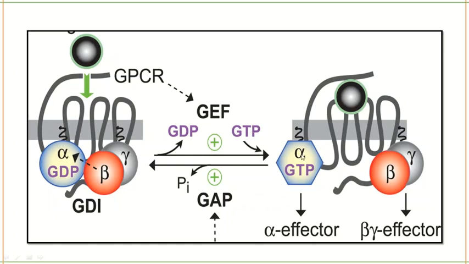Okay, when GTP is added to G alpha, what happens? It will dissociate from the beta and gamma subunits and it will go and activate several enzymes. After the work has been done, GTP has to be removed from this G alpha. That will be done by GTPase activating protein, which will hydrolyze the GTP to GDP, and again it will go into the inactive state.